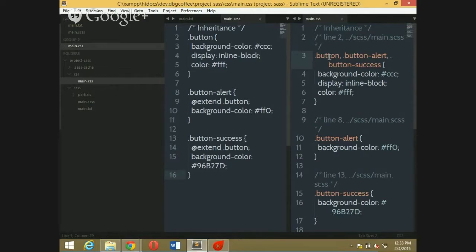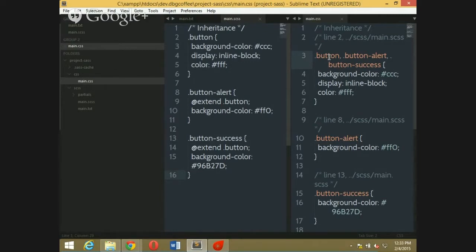And what @extend does is it will extend the class which we are giving here and all the additional properties will be there. For example, I have a button and I want to extend my button. Say I want to change my button background color to something else, my color to something else.